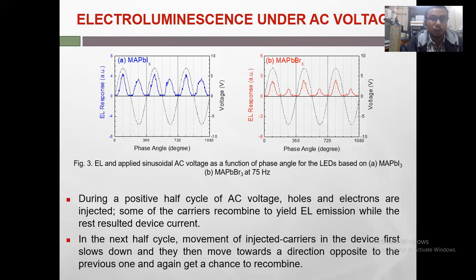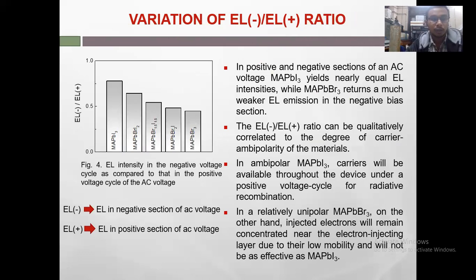an AC voltage. Now, we have plotted the EL minus to EL plus ratio, where we can see that the EL output in the MAPbBr3 device under the negative cycle of an AC voltage is much less than that in case of MAPbI3. MAPbI3 being an ambipolar material, the carriers are available throughout the device for radiative recombination. On the other hand, in a relatively unipolar MAPbBr3, injected electrons remain concentrated near the electron injecting layer due